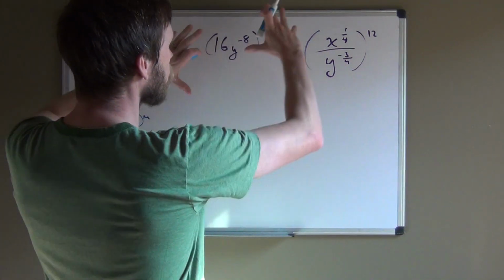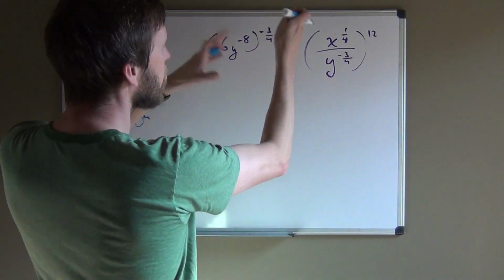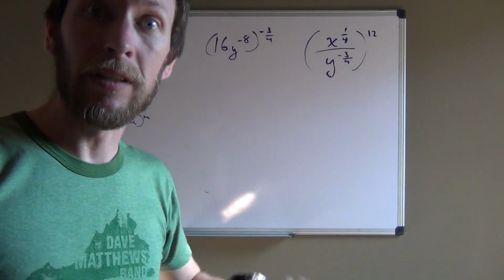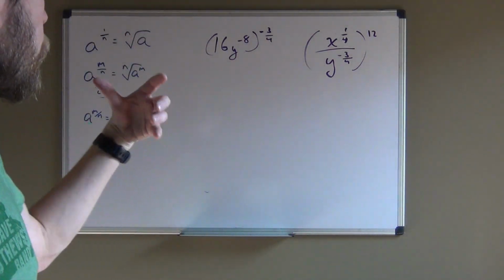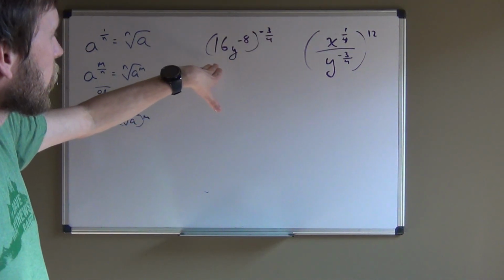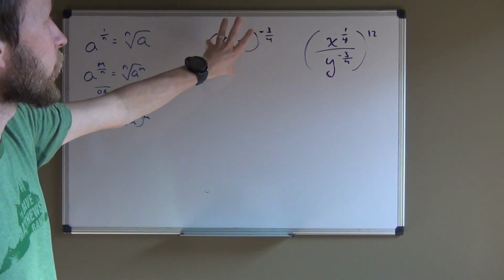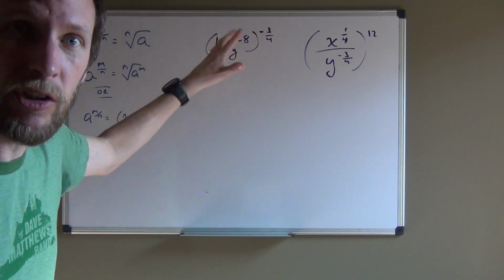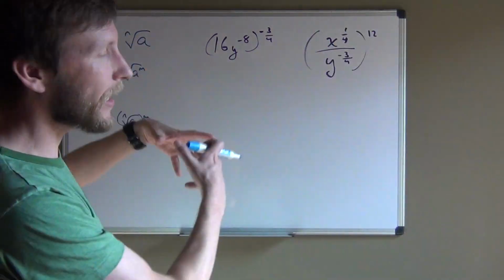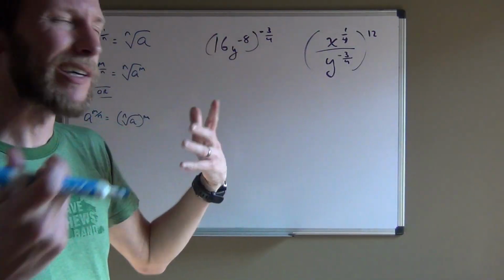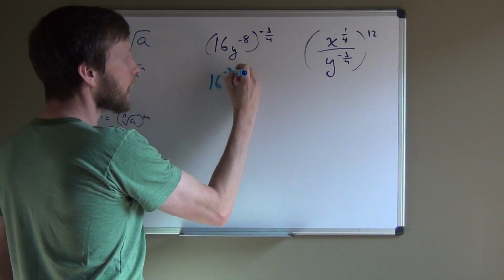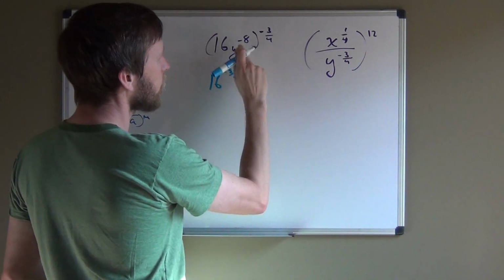So when we take a product to a power, we give the exponent to each of the factors. There are multiple ways you can do these. You can simplify the 16 and write that as 2 to the 4th power. You can write this in correct simplified exponential form first by putting it as 16 over y to the 8th and then applying the negative 3/4 power. I tend to like to work from the outside in, that way I don't have to keep flipping fractions, if needed. But we're going to write 16 to the negative 3/4 times y to the